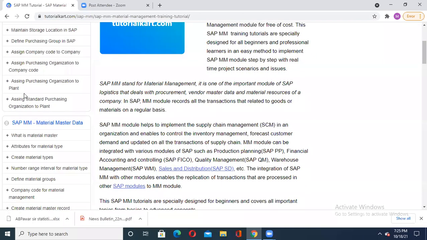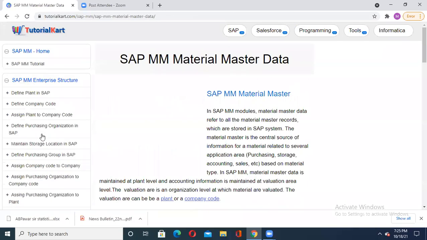And last time we started with assigning your standard purchasing organization to plant. Even this part we covered. And we started with the SAP material master data. So material master means what? It is a collection of records or information about that organization related to their purchasing, related to each and every unit there.